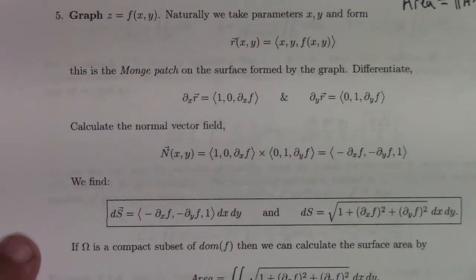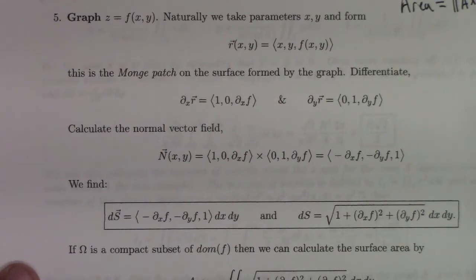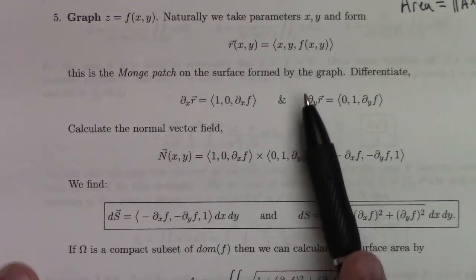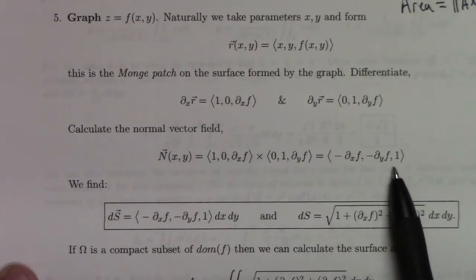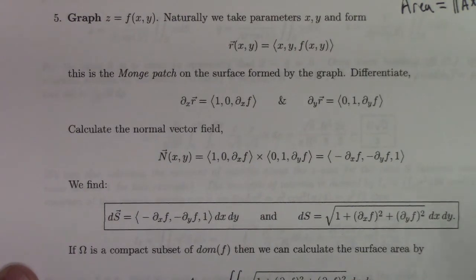So z equals f of x, y, with many examples. In fact, some calculus textbooks pretty much just cover graphs. If you have z equals f of x, y, then the natural parameterization is x, y, f of x, y, which gives us these partial velocities. We take the cross product of those and get the normal vector field. We've seen this before when we were talking about the tangent plane to a graph, because that's the normal to that tangent plane. And so, lo and behold, here's my dS vector, and here's my formula for the surface area element: the square root of 1 plus partial f partial x squared plus partial f partial y squared,